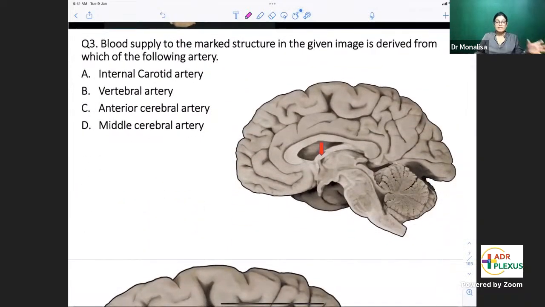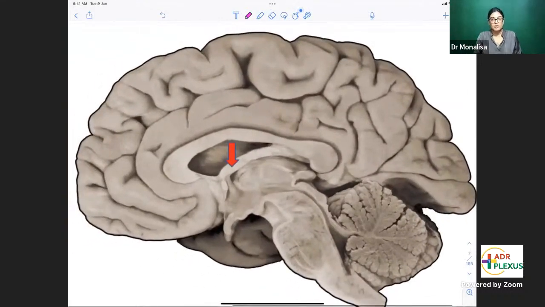So this was also asked in the 2020 AIIMS entrance examination. Blood supply to the marked structure in the given image is derived from which of the following sources of artery? Whether it is internal carotid artery, vertebral artery, anterior cerebral artery, or middle cerebral artery. So firstly you have to identify this arrow marked structure in this image,